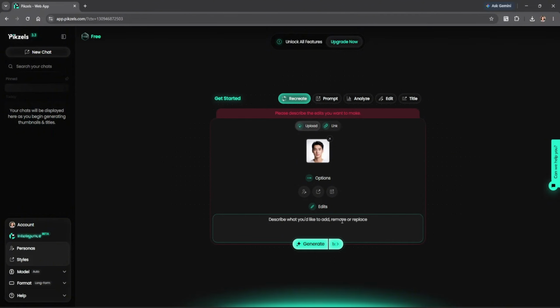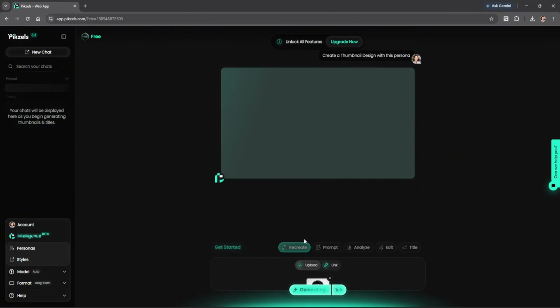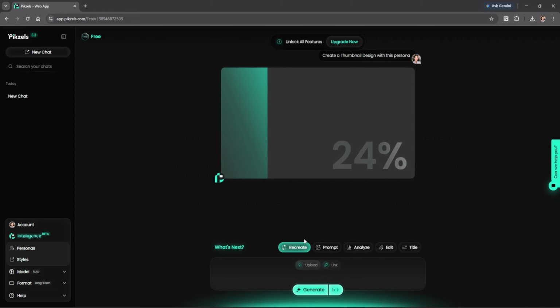After setting up your AI persona, you can now describe what you'd like to add. For example, create a thumbnail design with this persona, and click this Generate. Now, the AI will use your persona along with its thumbnail generation system to create designs that match your